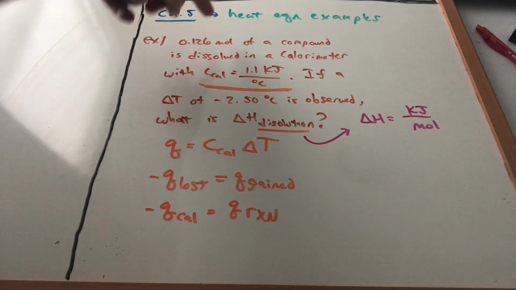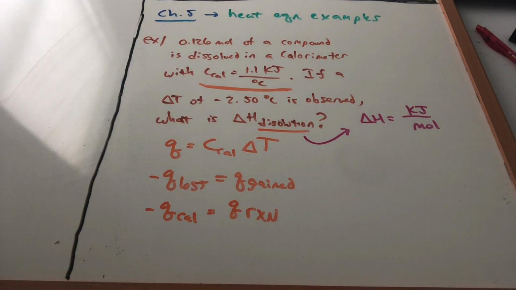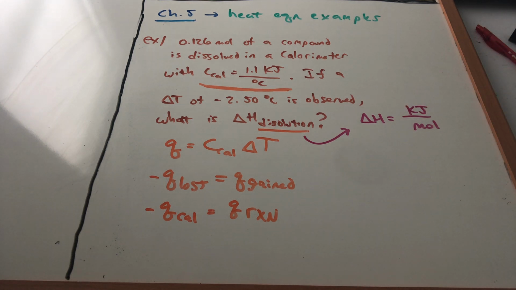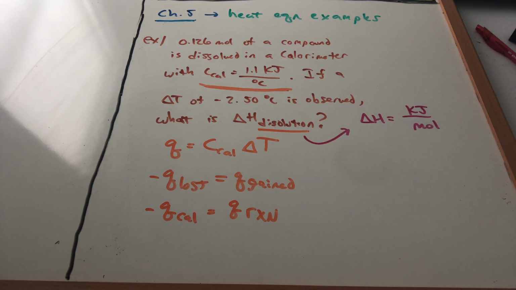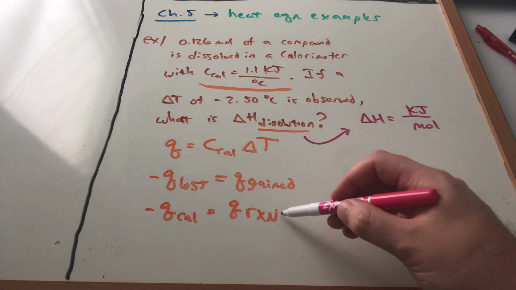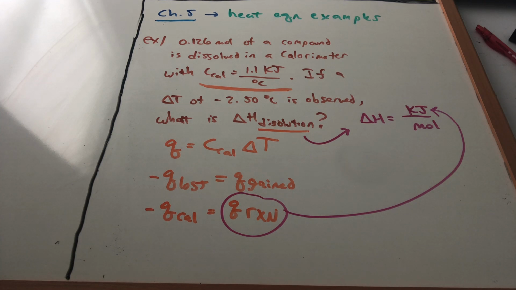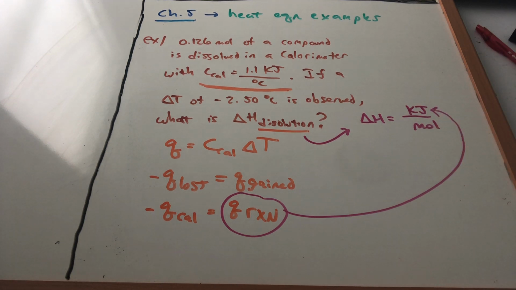Any process that's referencing a component of a reaction, so this compound, we want to know its delta H of dissolution. What we look for is energy information, and we divide by the number of moles. So whenever you're asked to calculate a delta H, Chem 101, your book, me, we're going to want you to take the kilojoules and divide it by the moles. So then how are we going to figure out the kilojoules? These kilojoules come from the reaction energy. So we need to be careful. We want to know if we're referring to this reaction, how much energy is associated with that reaction per mole